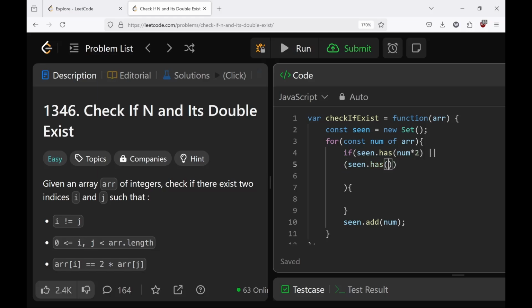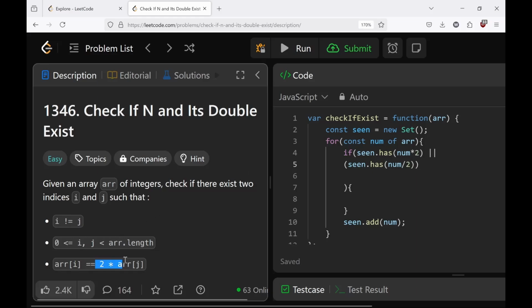So double is number one, seen.has, is it divisible by 2? So if we are given the condition 2 times one number is equal to another number in our array, such that these two indices exist, check if there exist two indices i and j such that one is double. That means that one divided by 2, one of these numbers,